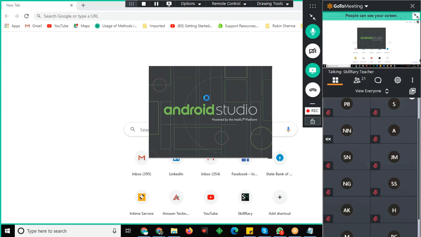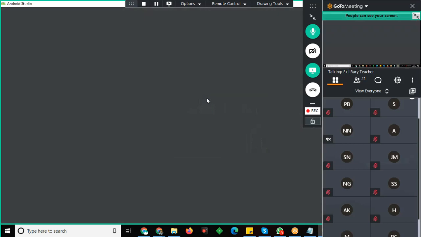So you can see how fast Android Studio is. Okay, so it takes time to load.